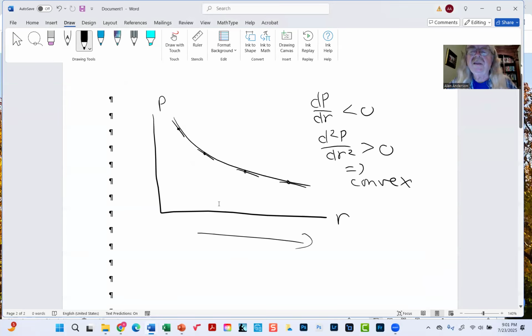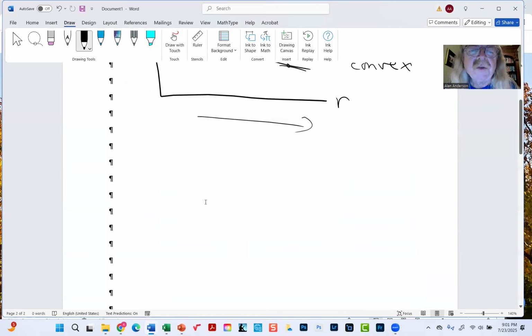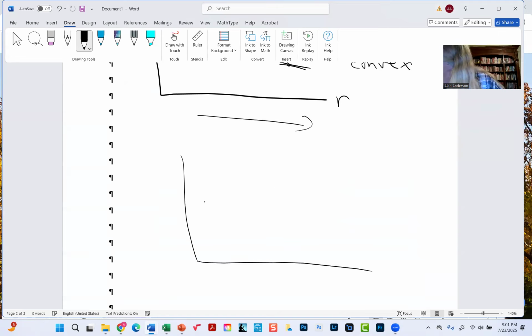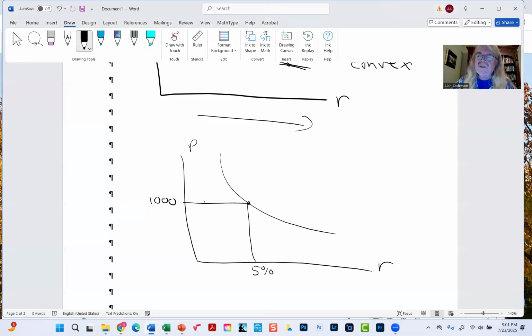And we also saw that this is actually beneficial to the investor because it creates an asymmetry between gains and losses due to changes in the yield. For example, if we started out here, let me actually draw a new curve here. Let's say, for example, we start out with a yield of 5% and a price of 1,000. If I increase the yield to 6%, the price will drop, of course. Let's say it drops all the way down to